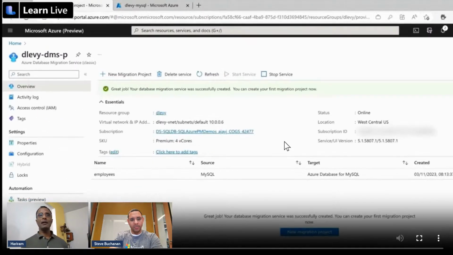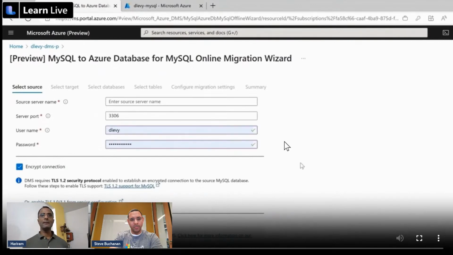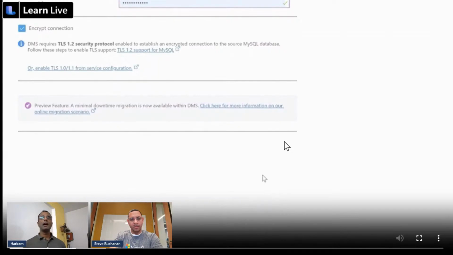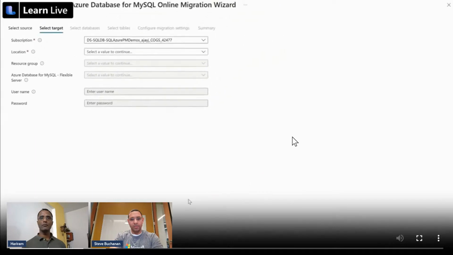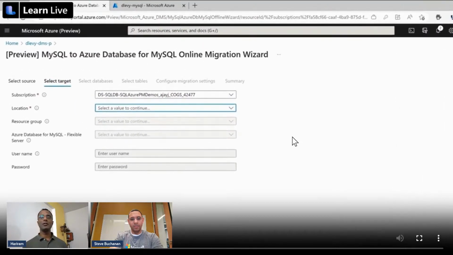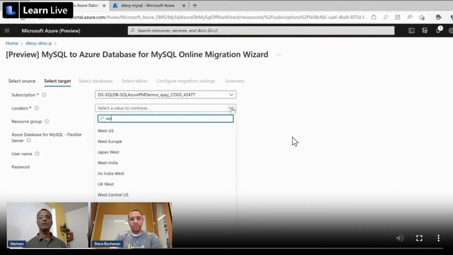And in my next tab, I select the source details. Here my credentials are saved automatically. So I just enter the source server name from where I want to migrate. And these details are filled in automatically. I just click on next. And in the next tab, I enter the target details. Here, once I select the location, which is the location of where my target server is situated, I'm going to select West US2, so that is where this target server is located,